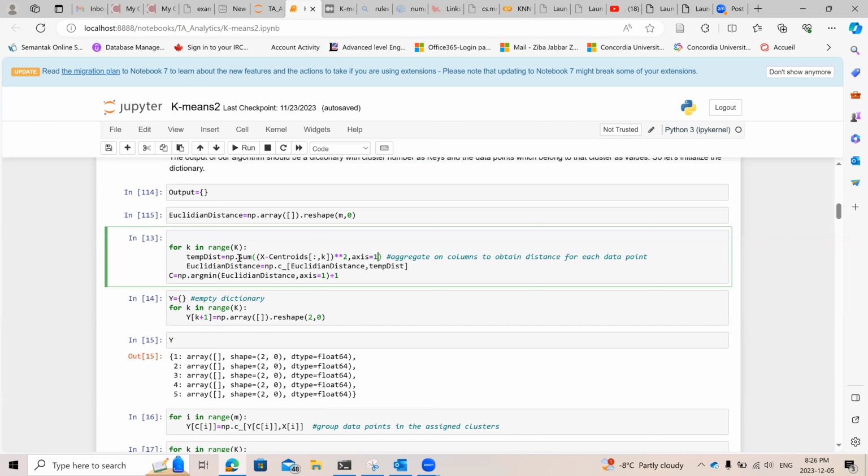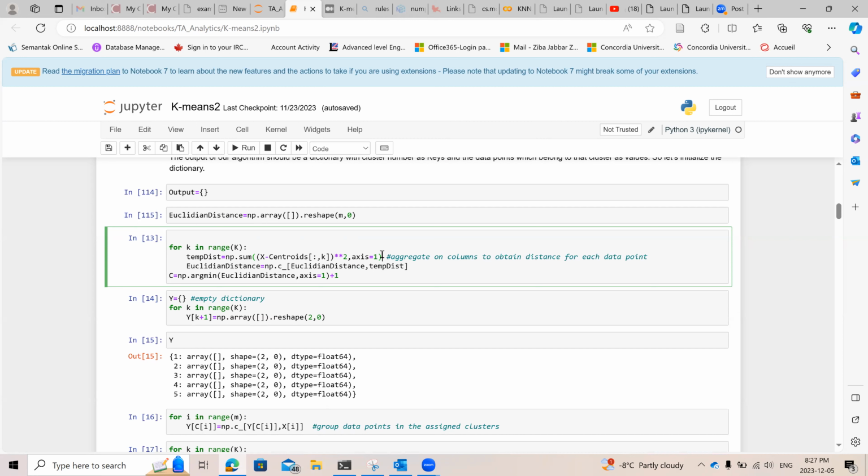So that would be the sum of a squared distance between each data point and the first centroid, okay? That's basically a squared Euclidean distance, and we can continue with that